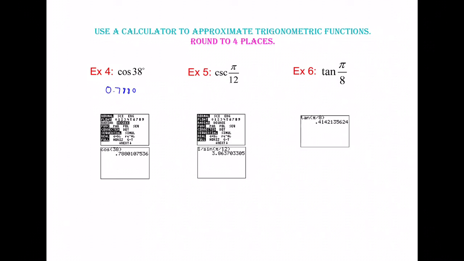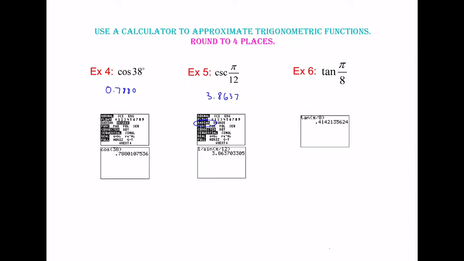For cosecant of pi over 12, since now we're in radians, you want to go back to that mode screen and now make sure you are in radians. Once you know you're in radians, cosecant is the reciprocal of sine, so I'm going to do 1 divided by sine of pi over 12, because cosecant is the reciprocal of your sine, so that would be the ratio 3.8637. And then on example number 6, once again we're in radians still, so do tangent of pi divided by